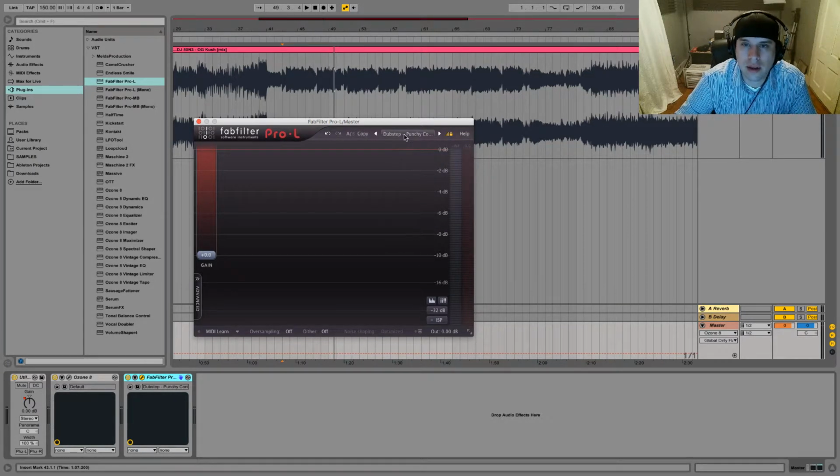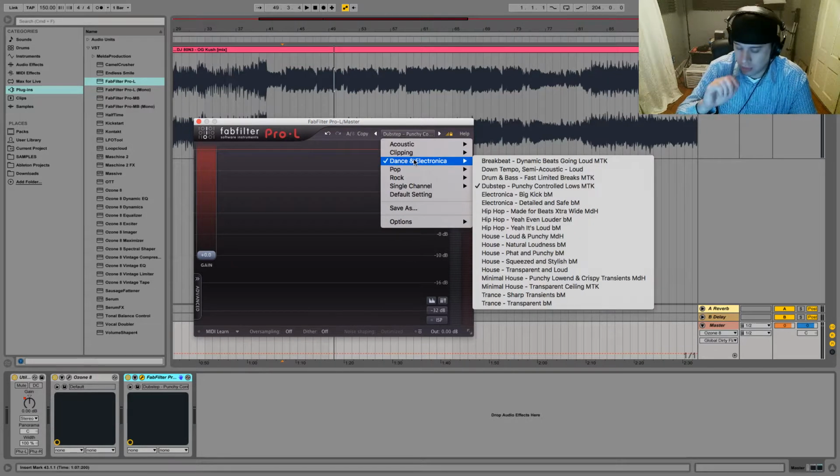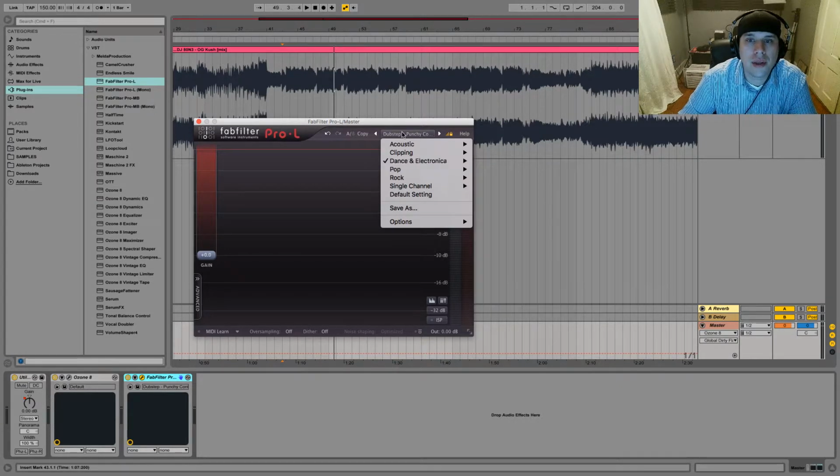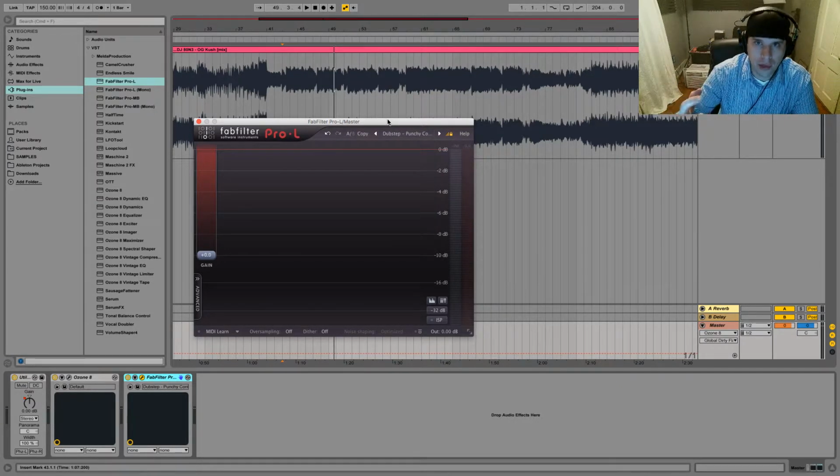Even though it says dubstep, and you would think, oh yeah, just put on a dubstep track because that's the song that you're making, it's not just because of that. It's because it controls the punchy lows in the limiter. All right, so with that being said,